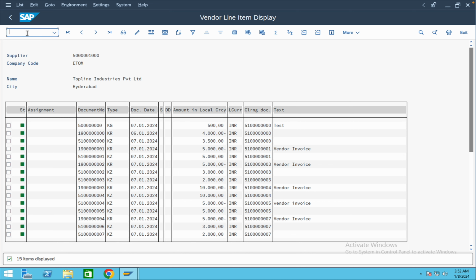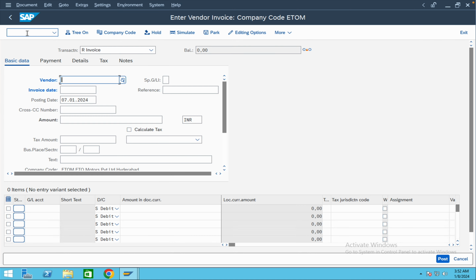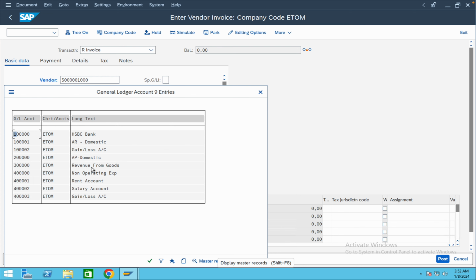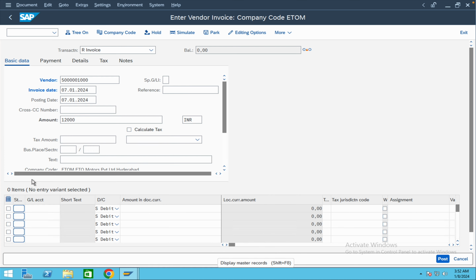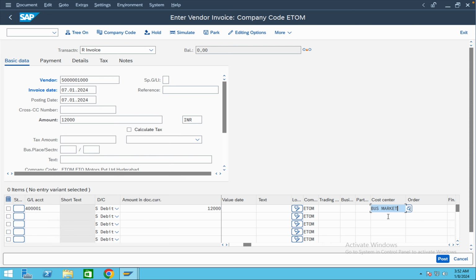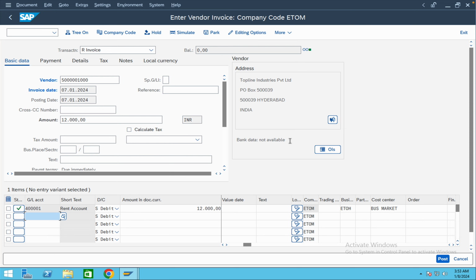Now let's go to vendor invoice once again, FB60. I'm just creating one more vendor invoice. Okay, give the document date. I'm making now a 12,000 rupees vendor invoice, and I will debit my rent GL account over here itself, and the amount I will give same as it is, 12,000 here. And now let's enter the cost center. So this is my cost center. Okay, press enter, and now